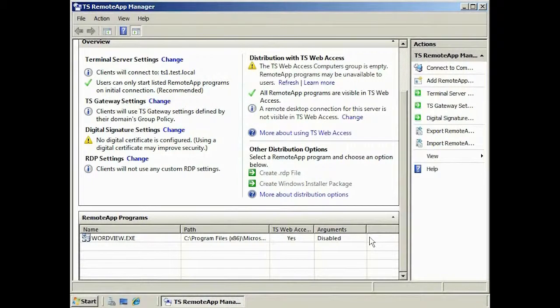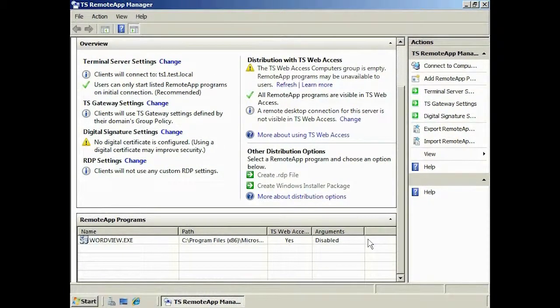Now that the application is available on the server, I need to make it available on the client computer. To do this, you can either make an RDP file or a Windows install package. The RDP file can be copied to the client and run from the client. The Windows Installer package or MSI package can be deployed to the client via group policy or run and installed